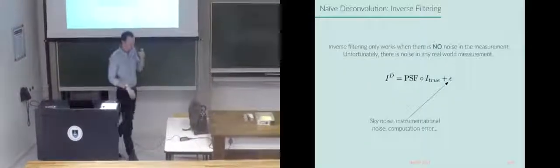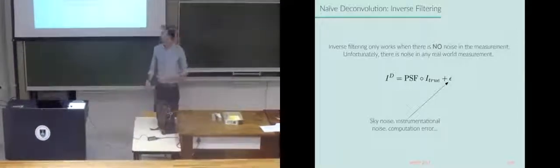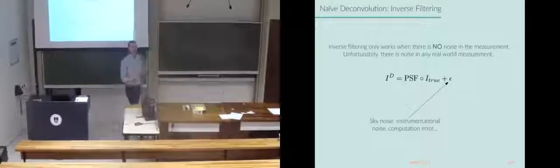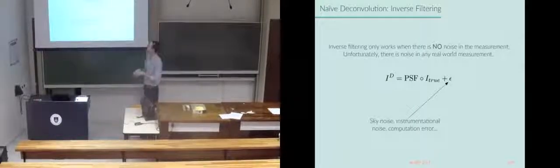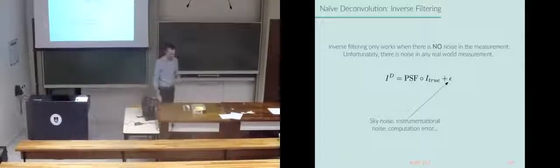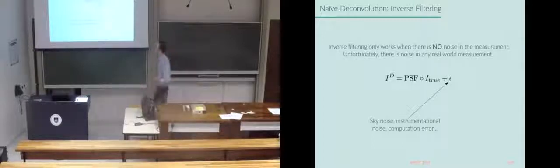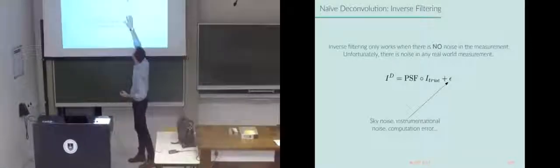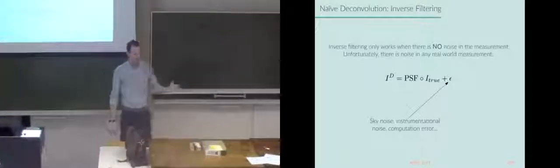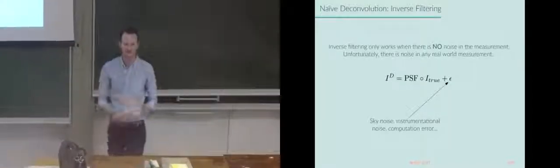There's this little problem we forgot about, which is that we have a very noisy system. And so the dirty image isn't simply the Fourier transform of the point spread function with the true sky. It's that, but there's this error factor, the system noise. We don't know everything precisely, and our receivers are noisy. All these elements add to this. When that error is very small, as in you have a very high signal to noise observation, you can do inverse filtering, but that almost never happens in interferometry.